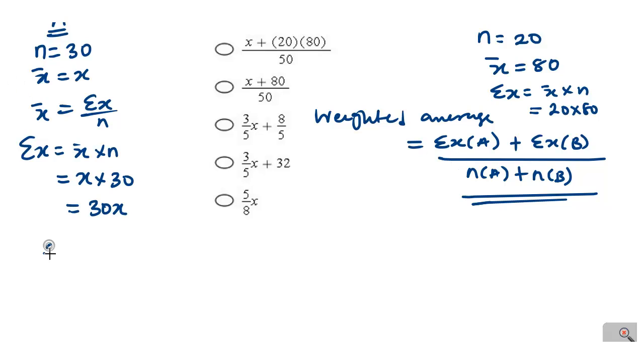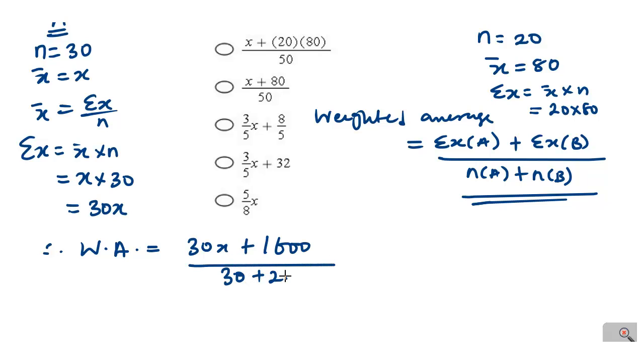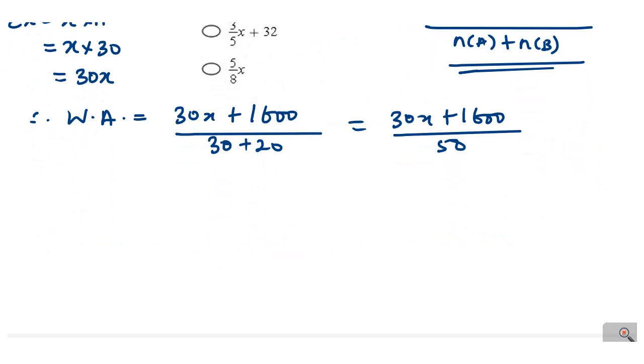So therefore, the weighted average will now be equal to 30x plus 20 times 80, that's 8 times 2, 16, that is 1600, over 30 plus 20, and this will still give us 30x plus 1600 divided by 50. So finally, the weighted average will now be